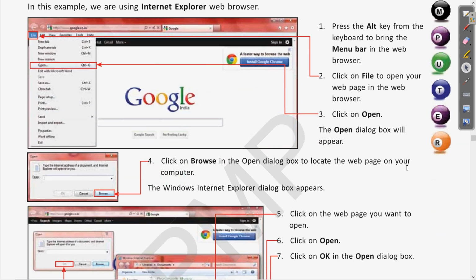So we can open directly whatever HTML file is saved, and that file will directly open in the browser, or else another approach is to open the browser, and there in the File tab you have the Open option, so we can choose the file wherever it is saved in the computer or any of the devices which you are using.